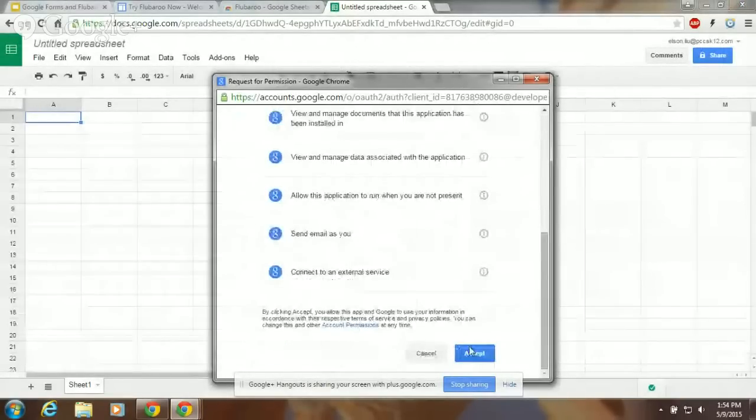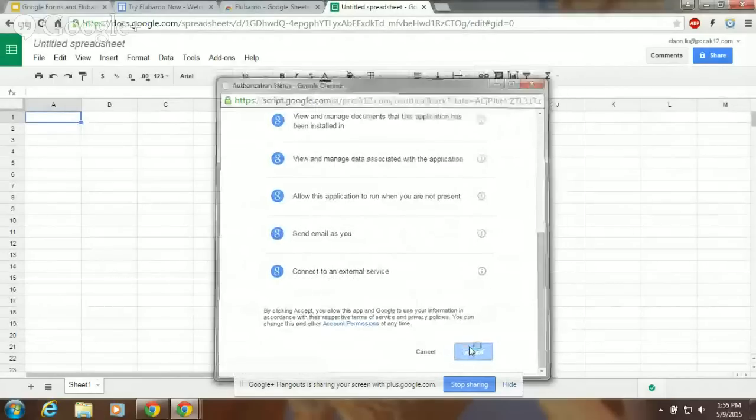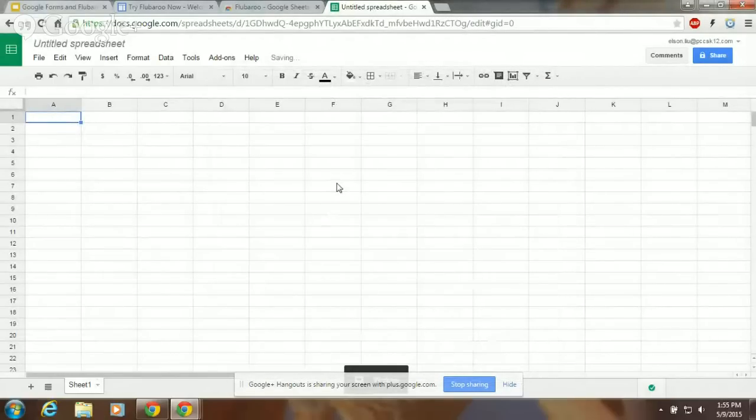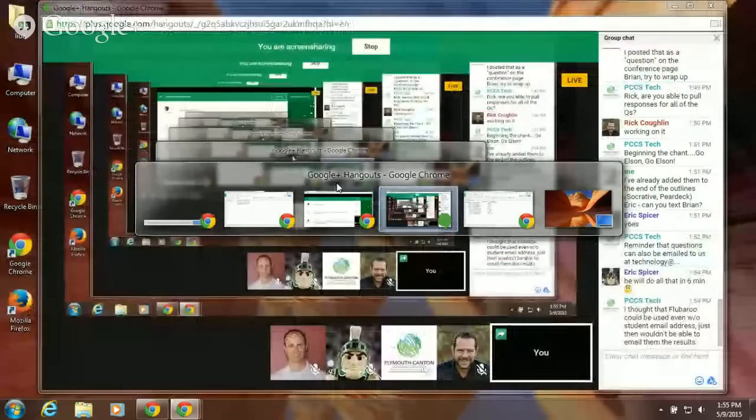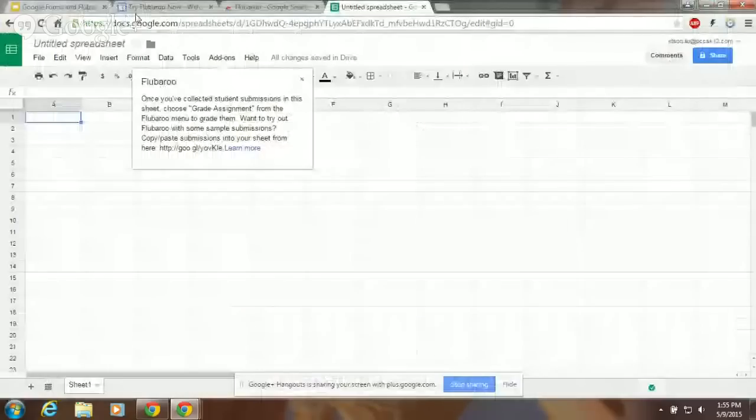And you'll read through the permissions and accept. And then Flubaroo is installed into your Google account. Once Flubaroo is installed into your Google account,